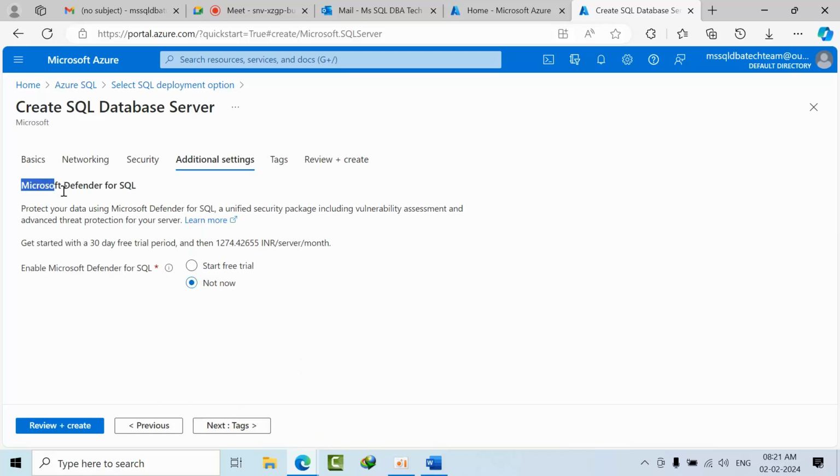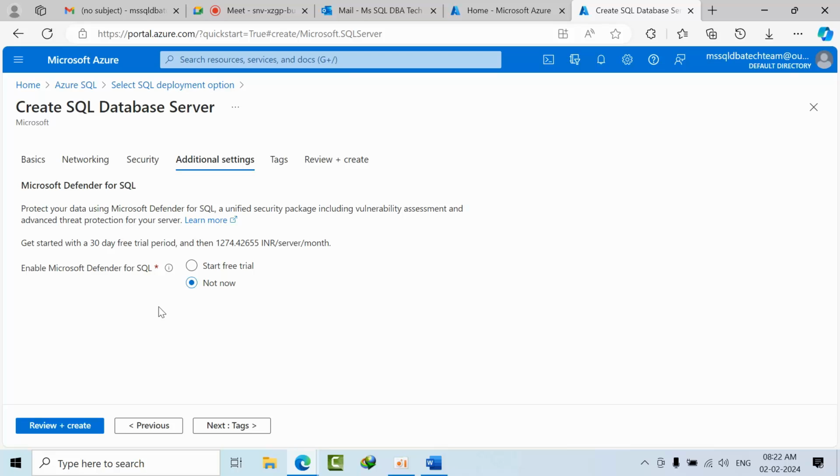Now Microsoft Defender for SQL. This will analyze the SQL server and identify threats. For example, let's assume that I have enabled the SA account and have not been using it for a very long time.